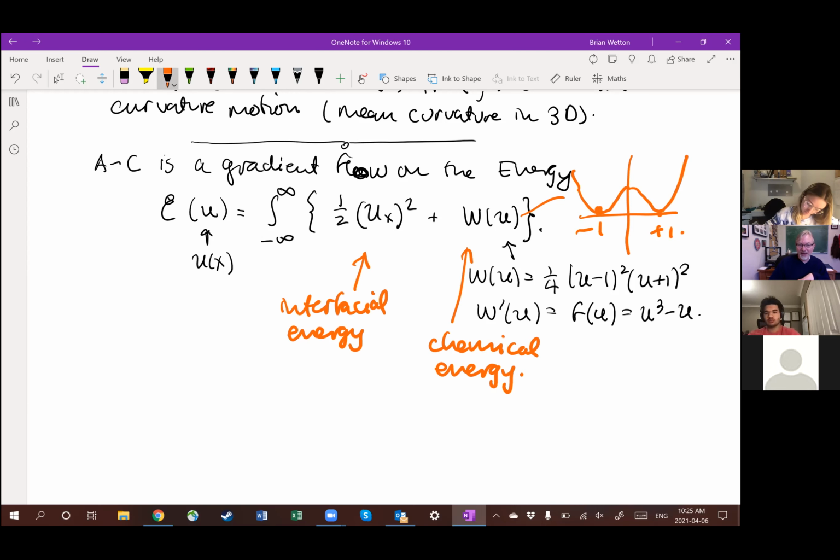So in terms of the chemical energy, right, if you are in a gradient flow of this energy, you're trying to get to the energy minima. So this is saying I want to get to,